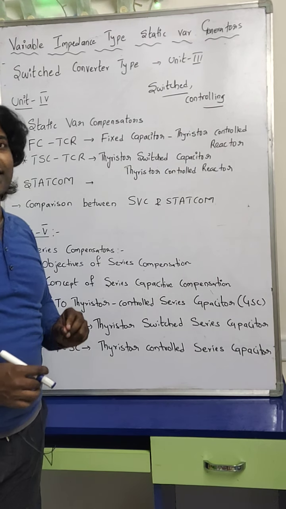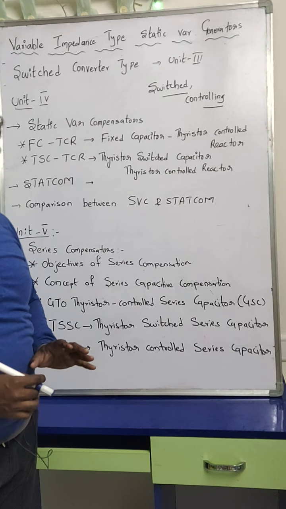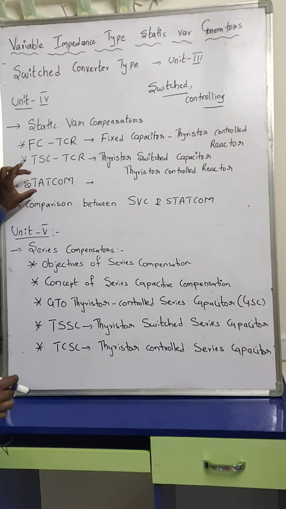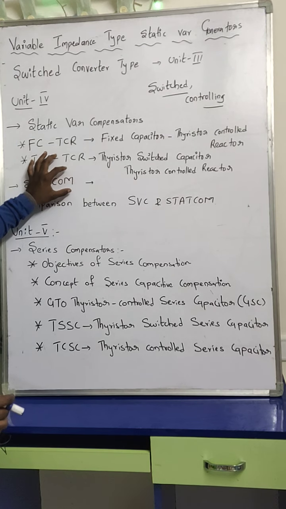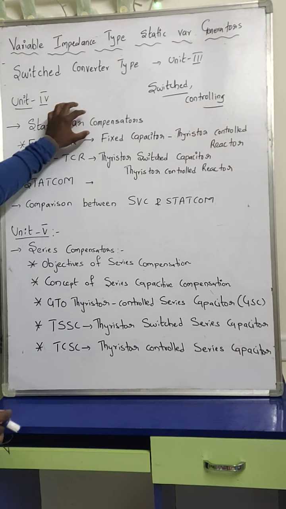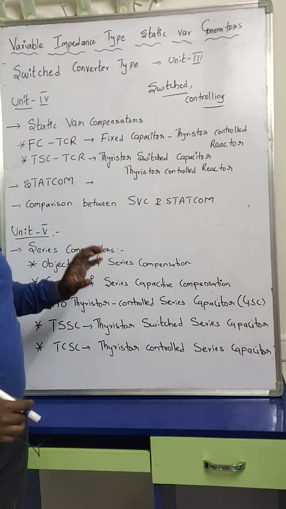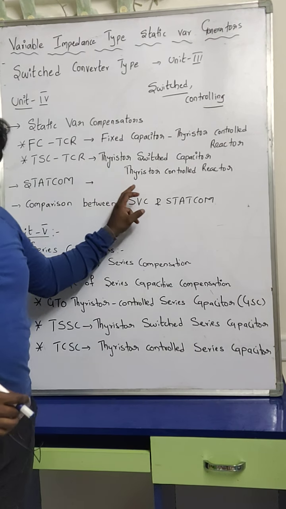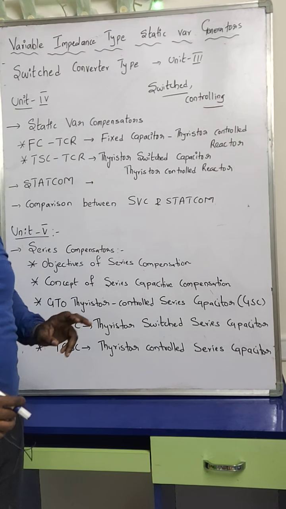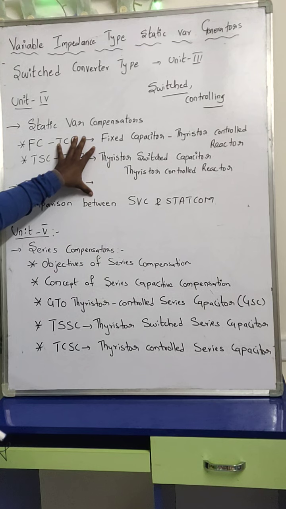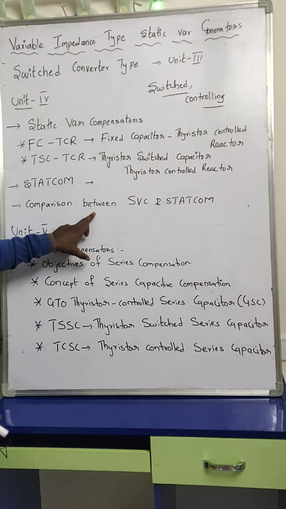Important one. Static synchronous compensator. Okay. Full form is static synchronous compensator. We will study this one. We will take one circuit and we will study it. And we are going to compare the static VAR compensators and static synchronous compensators. We will understand the difference. These are the 4 topics, meaning 1, 2, 3 and 4.